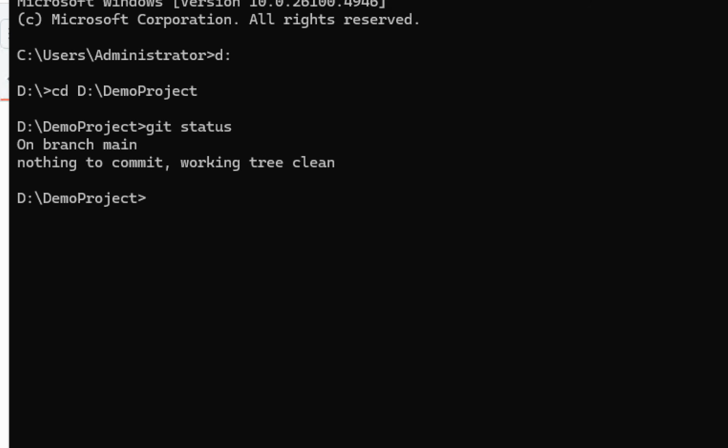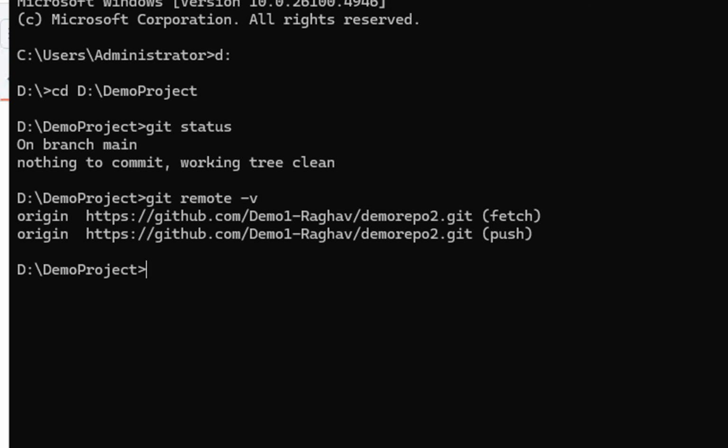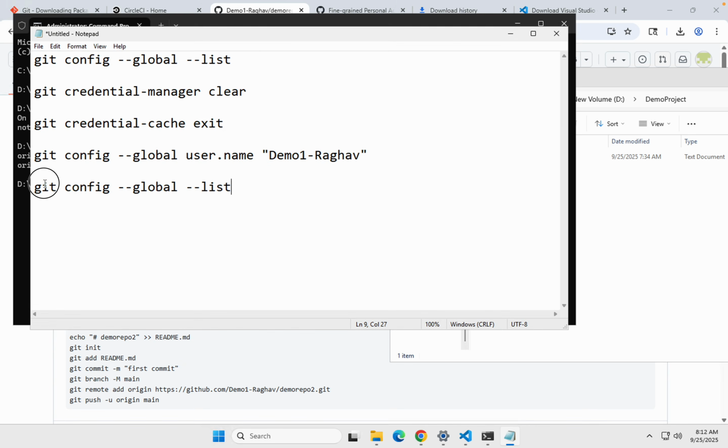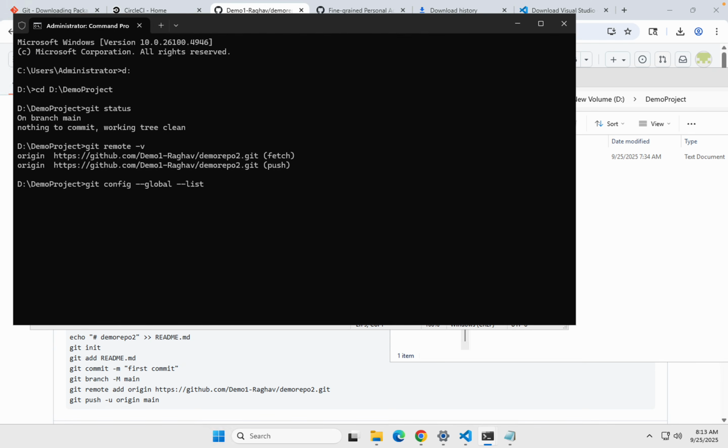Now I will say git remote -v, and this is all fine, and I can also very quickly check this. So this is all fine. Git push -u origin main,